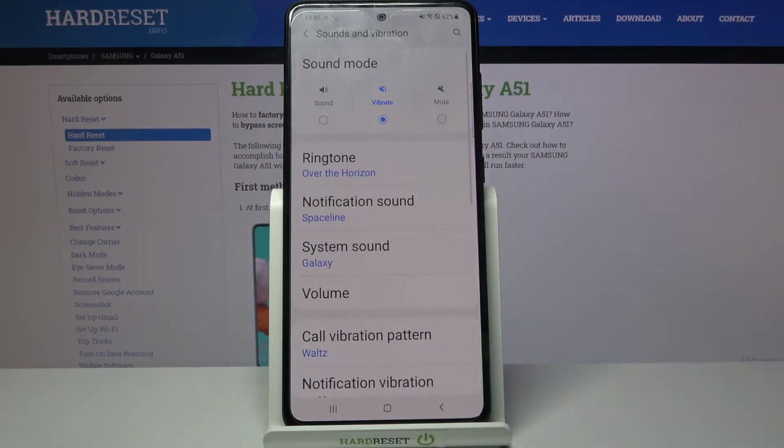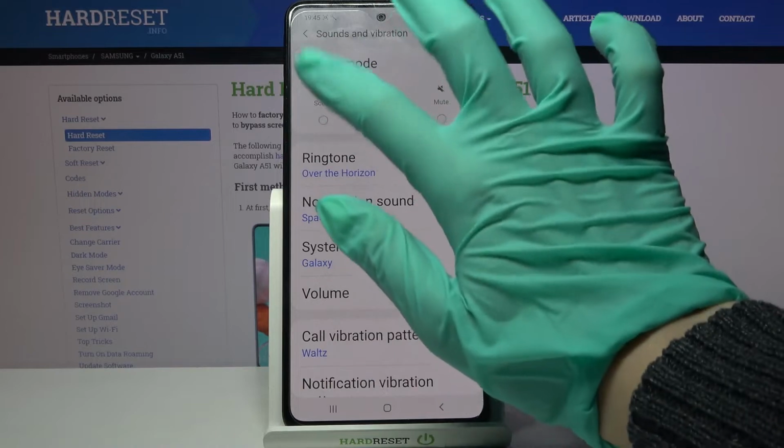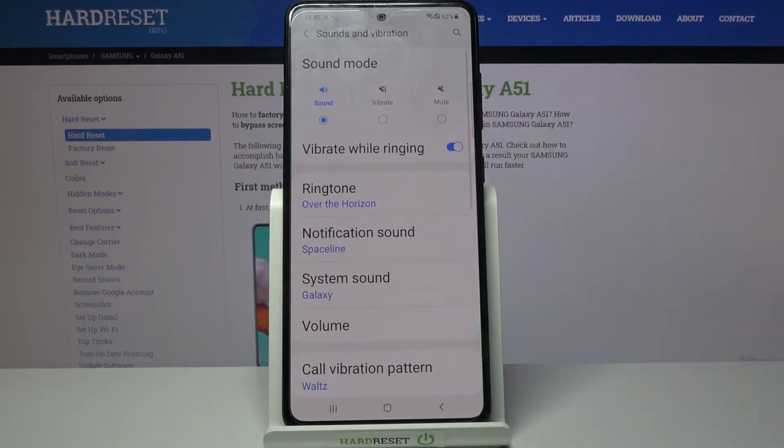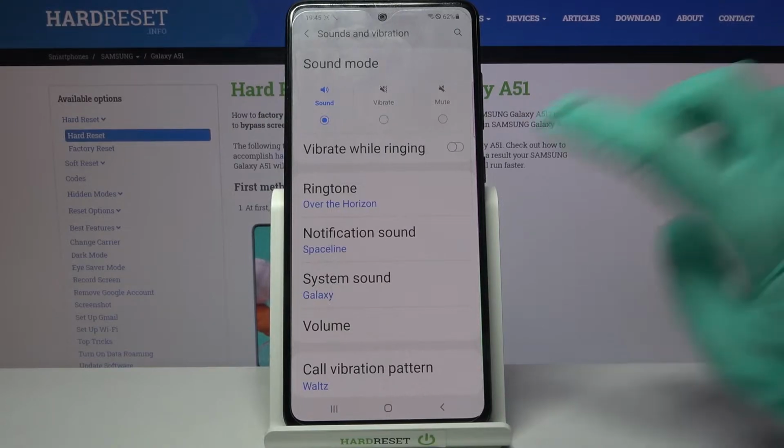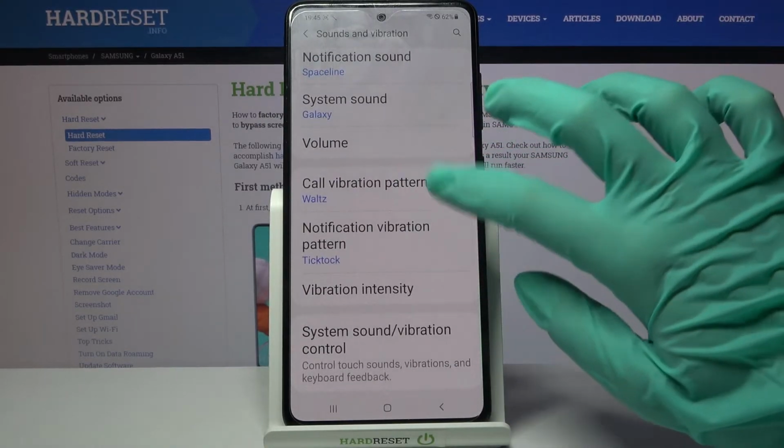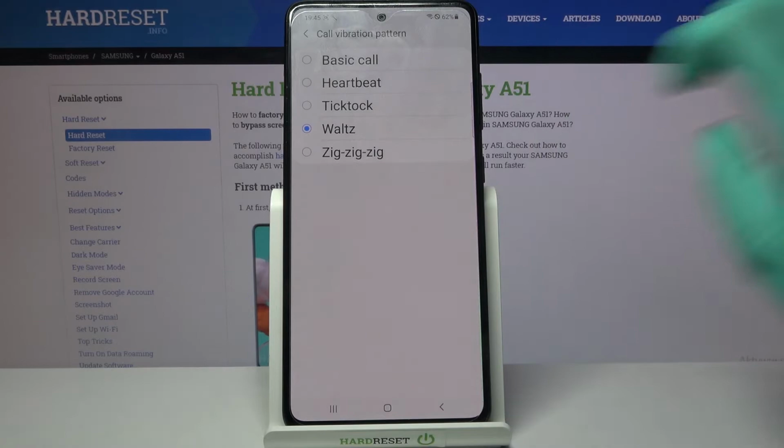This way you will mute your device completely, and leave only vibrations. You can also click on sound and tap on the switcher next to vibratory ringing to enable or disable vibrations for incoming calls. After that, scroll down, tap on call vibration patterns and select one of the patterns for your